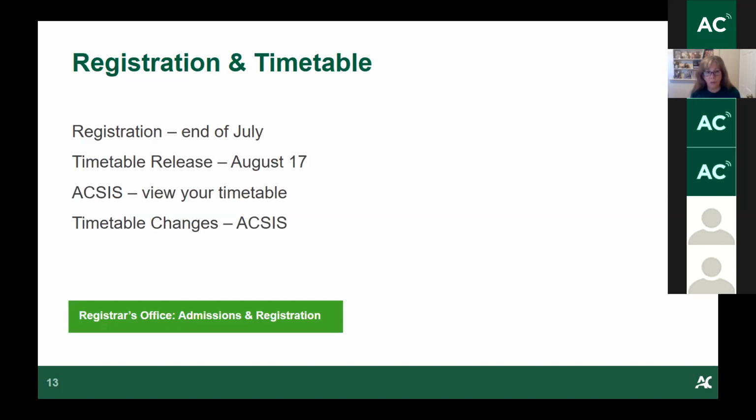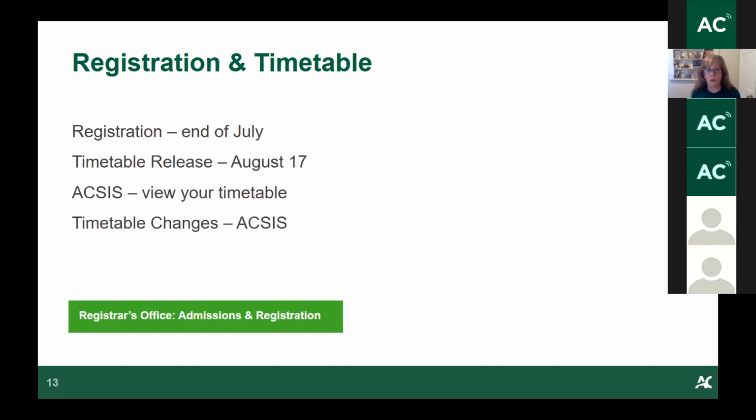So you would have received an email when you first applied and would have given you your student number, and that's a 9-digit number that usually starts with a 040 or 041, and it would have given you instructions on how to log on to your Access account. Your Access account is your friend, it's your personal portal. It says everything about you, your profile, anything to do with your Algonquin College journey. So you can find your timetable on your Access account.